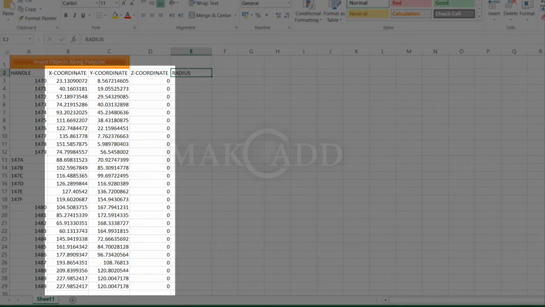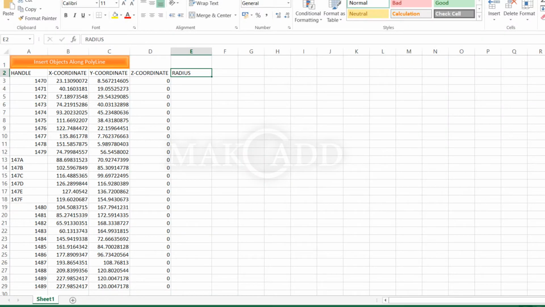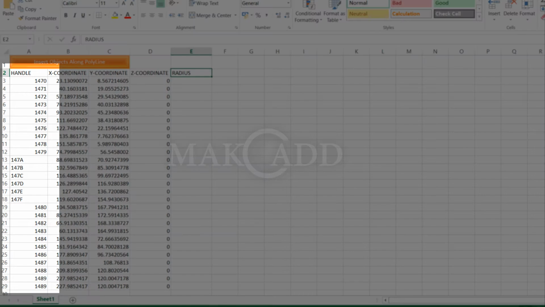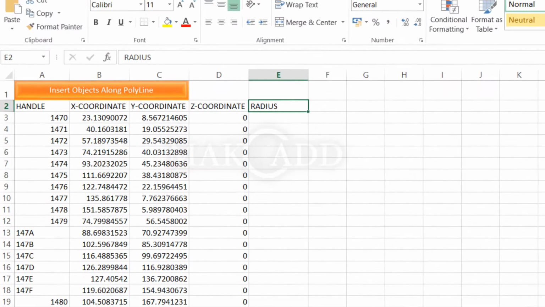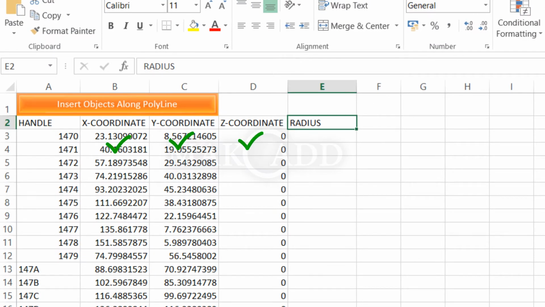These coordinate points are the same. We will keep the object data as it is, and we will change only the handle. The first column for handle will be modified according to the new objects, and the columns for the X, Y and Z will be the same for any objects we are inserting.